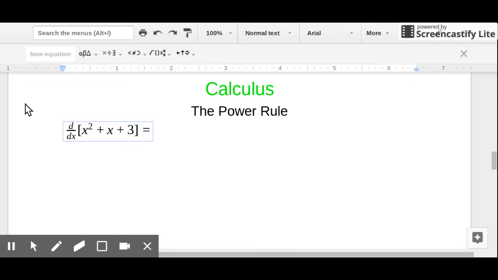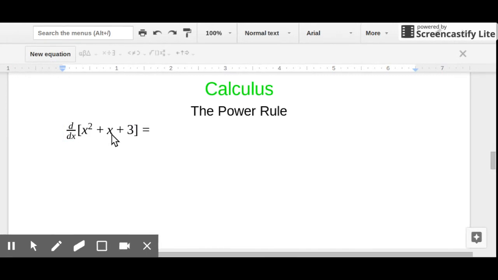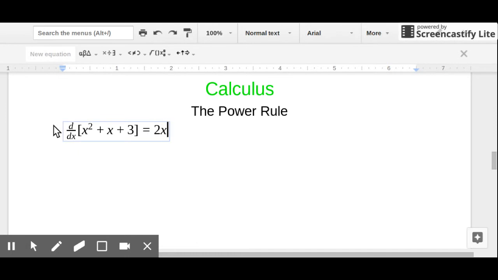So what is this saying here? This is saying, hey, we need to take the derivative of this. And we're going to be taking the derivative of each one of these terms separately. Okay, and I think there's a theorem behind that, but all right, we'll talk about that here in a minute. But we're going to go through and take the derivative of each one of these separately. So what do we do here? We take the 2, we bring it out front. Whoops. Take the 2, bring it out front, subtract 1 from the exponent,